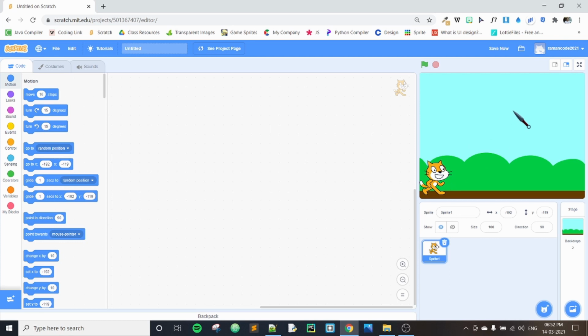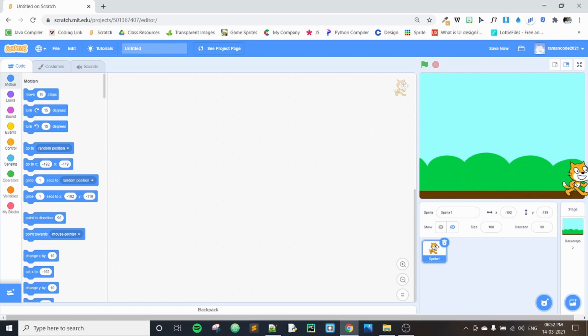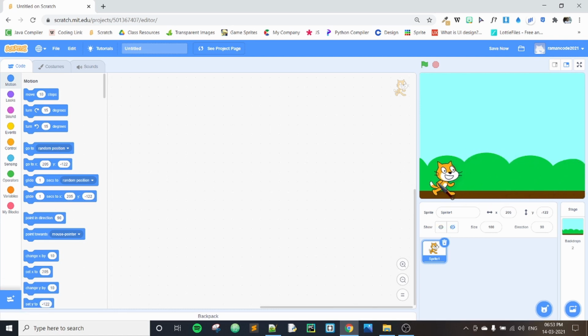Now you will have a field where you will have a blue sky with green trees and a brown road. On that, you can see the cat standing on the left side of your road. Right. So this is the thing that you need to know. We can move the sprite, place it here on the right, or on the left, or anywhere. Okay, so we have covered this part.